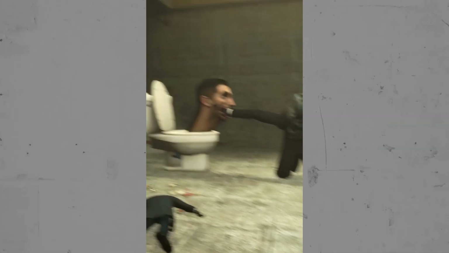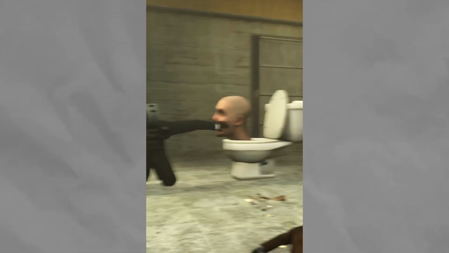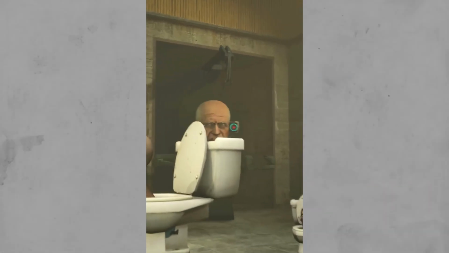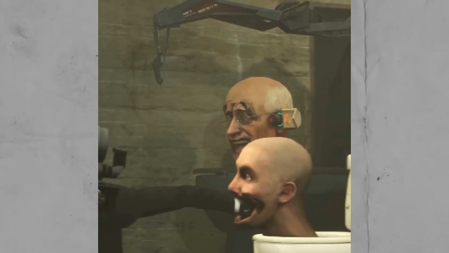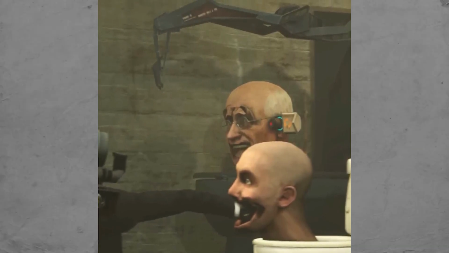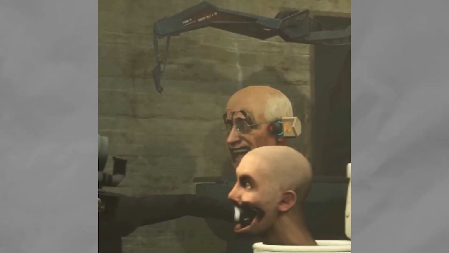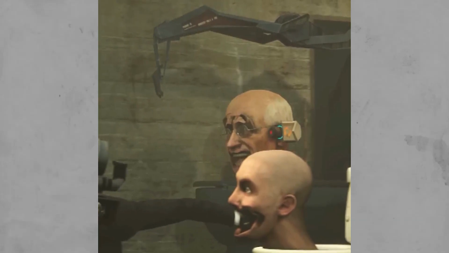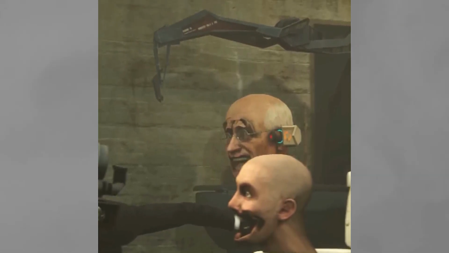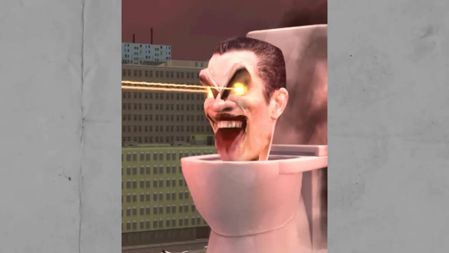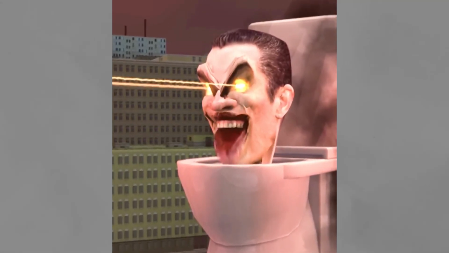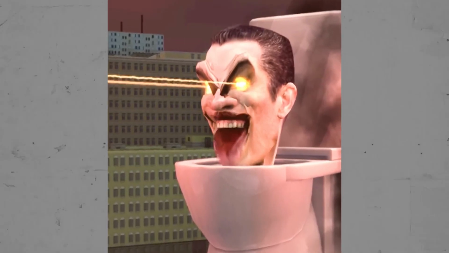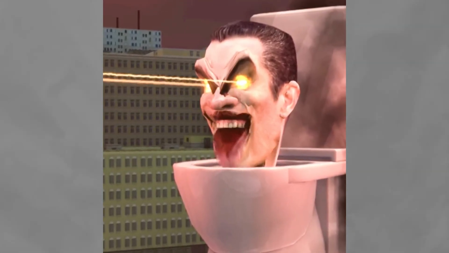Skibidi Scientist first appears in the 30th episode. We see his robotic claw, and he is located in a dark toilet, which indicates his uniqueness and exceptional abilities. For example, the most powerful Skibidi mutants also use black metal for their toilets, but what gives him his main power? We know that G-Man is the supreme commander of all Skibidi toilets, but even he understands that regular toilets don't possess immense power, and agents can easily flush them away.